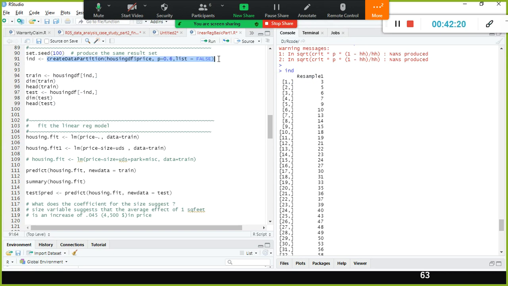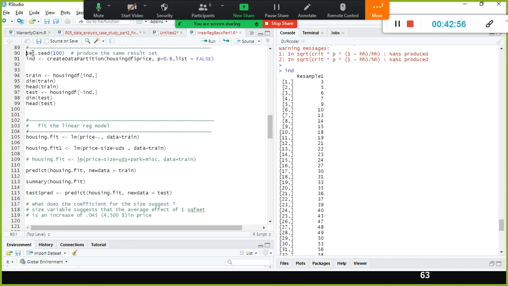Let us not consume too much memory, right? So after you get the index values of the randomly sampled 60% of rows, you pass them as an argument to this data frame, fetch all the corresponding columns, and store it in the train data frame. And then if you exclude all these index values, we are left with the remaining 40% of the data, which you store in a test data frame. That's all.